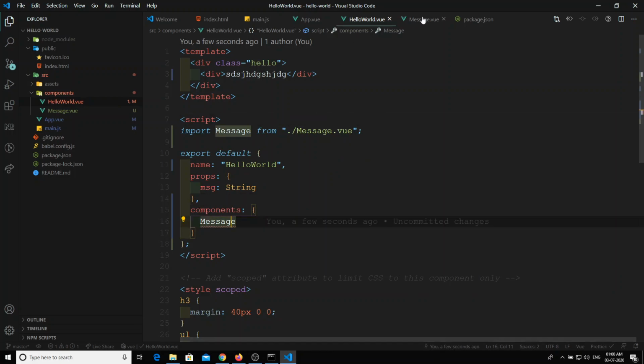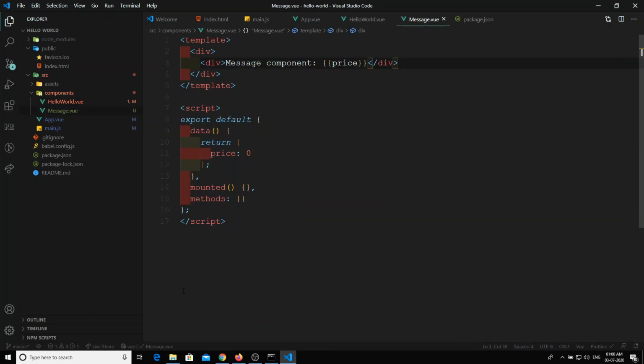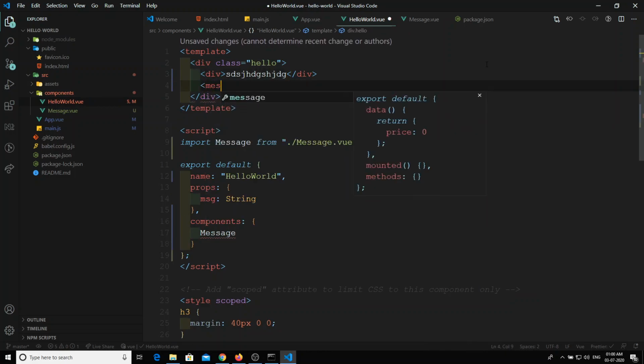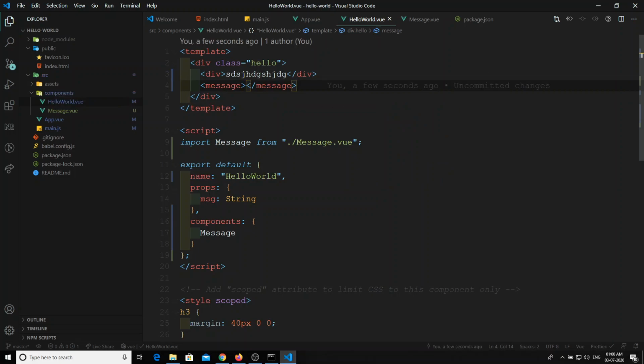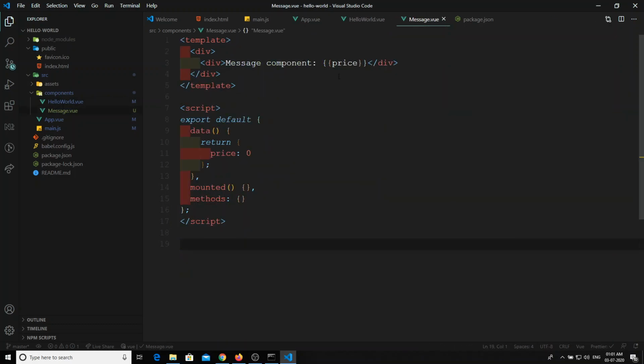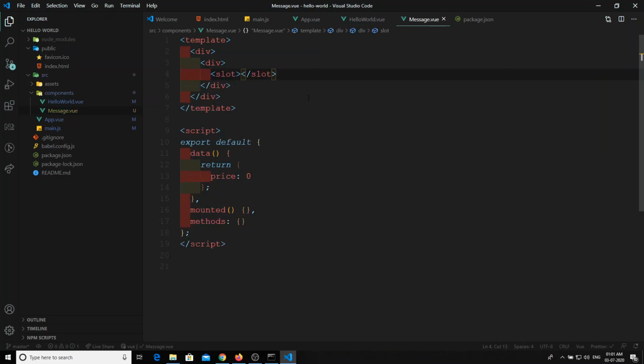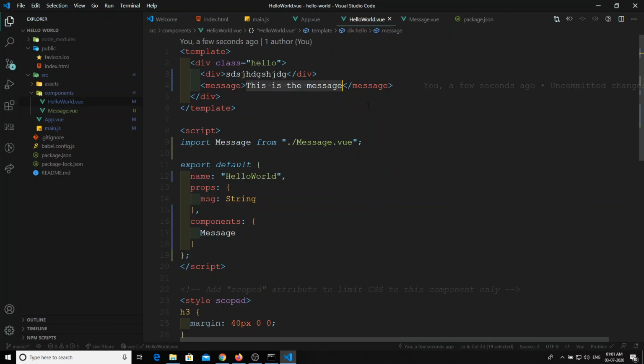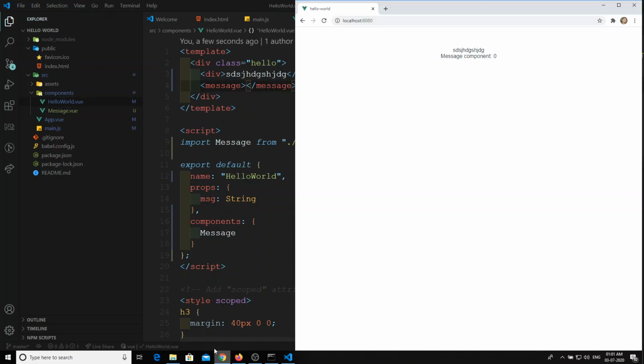So now what is happening is, previously we have written Vue.component, right? That is the scenario, and the same thing we have mentioned here. Using component, message we have mentioned. Now I can directly use the message tag. Here I will write this is the message. If you want, you can write like this, and you can also go directly and mention slot, whatever you want. For the timing, I will show both the differences. Now I will go and execute.